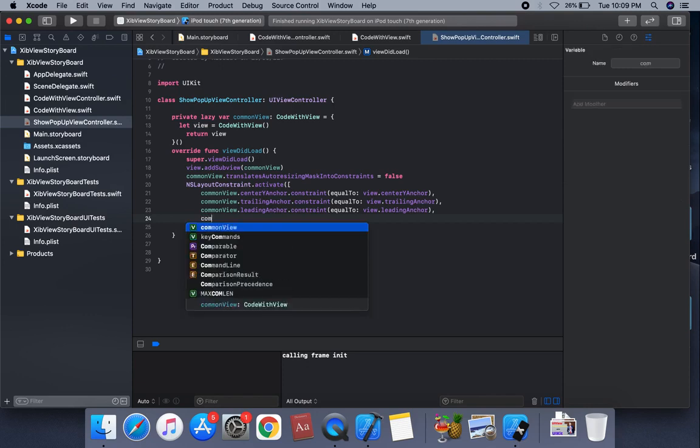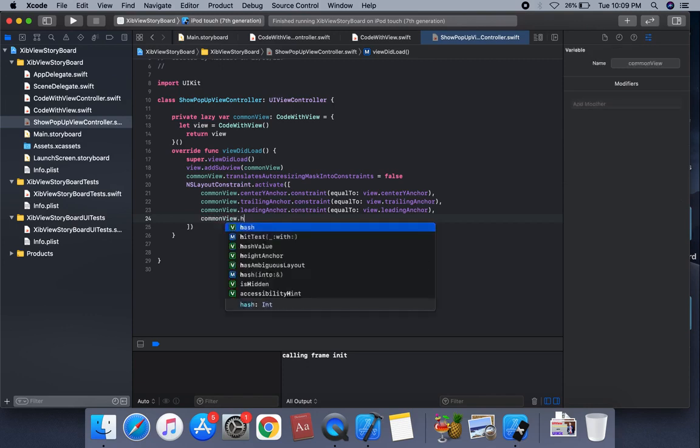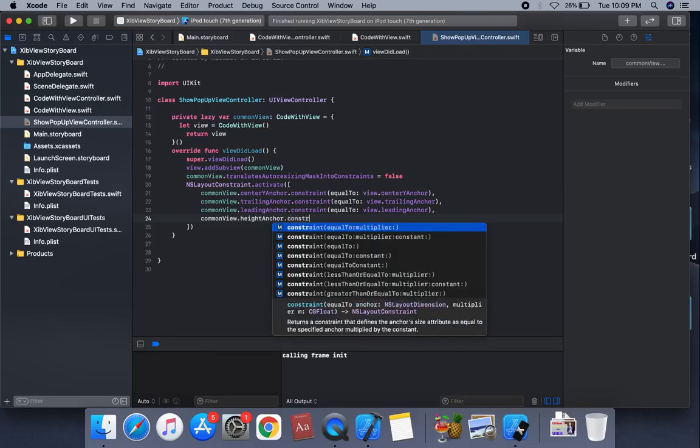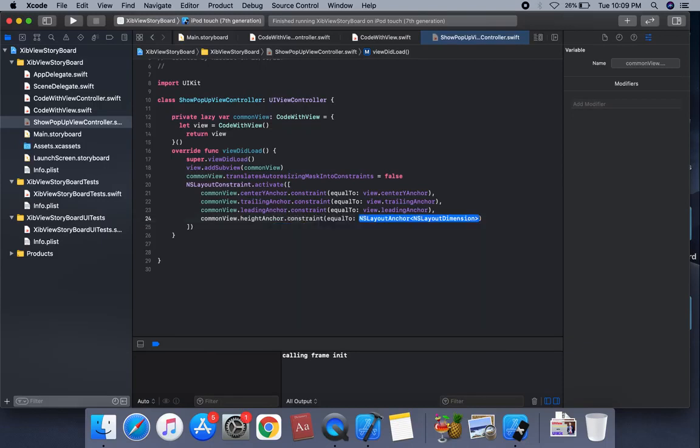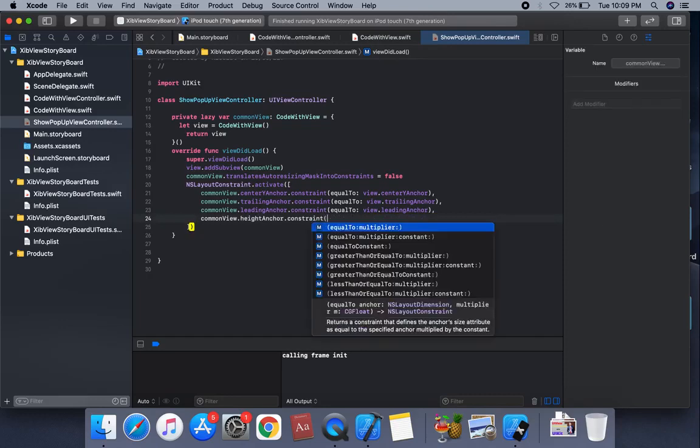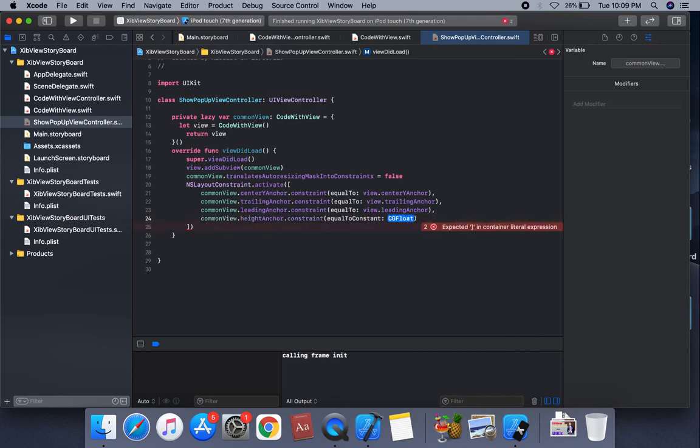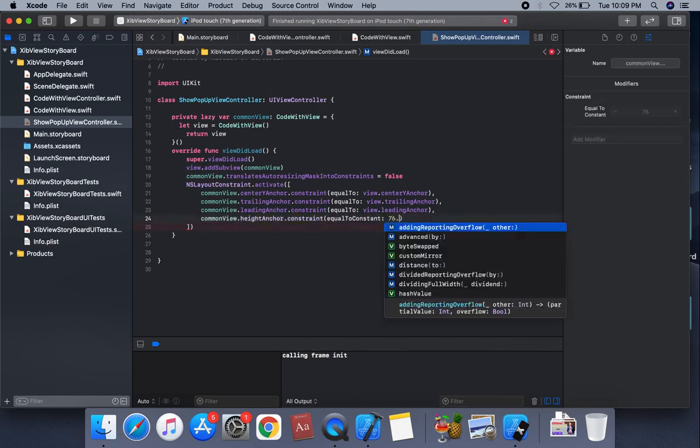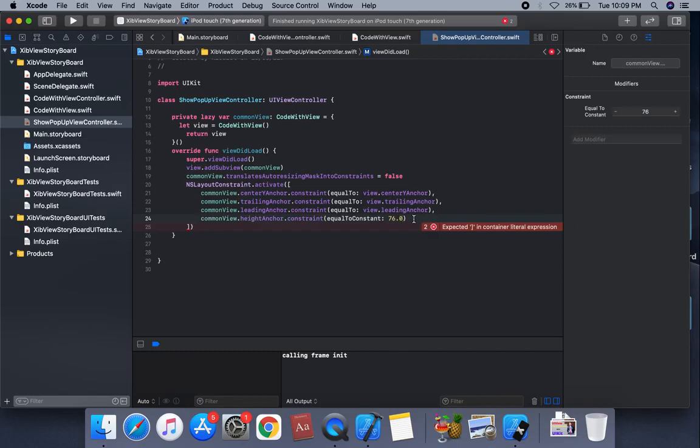This is a common view dot height constants equal to constants. This is 76.0 set on this constant. So we're going to complete on this constant.